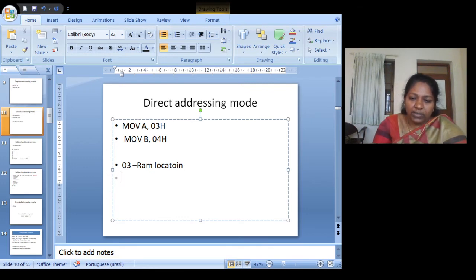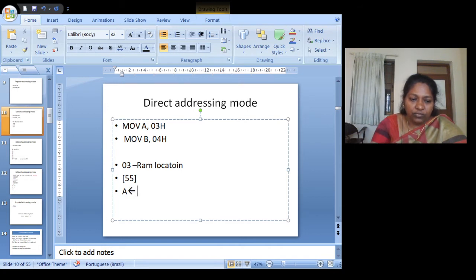So now what is inside this RAM? For example, I have 55. That means 55 goes to A. Okay. So this is how data is moved.